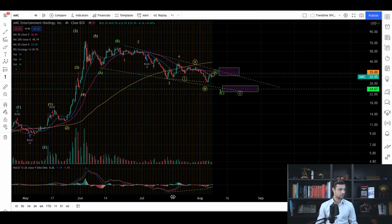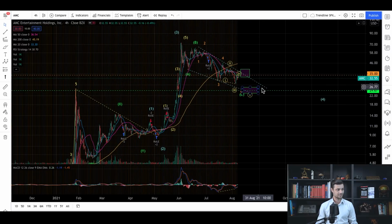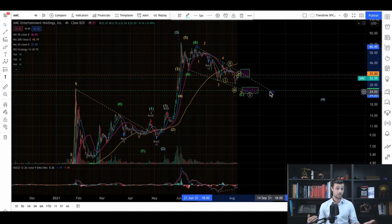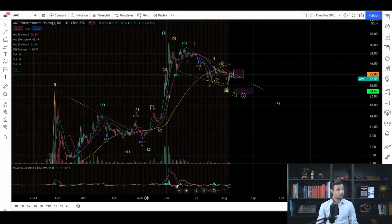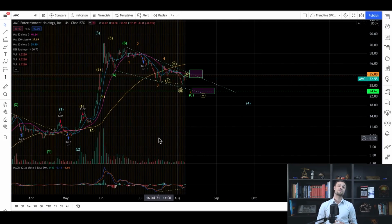And we go to 130, and roughly this should be happening before September, because here we have this trend line that, if it's broken, is going to create some momentum on the upside. And this trend line is crossing the 24 level on the 15th of September. So for me this is kind of the worst case, that we trade at 24 on the 15th of September and then we start to go higher. But once again, like I told you guys, I don't really like this A wave that is only in 3 waves. So, as was pointed out very well by some of you on my Discord, when we discussed this,